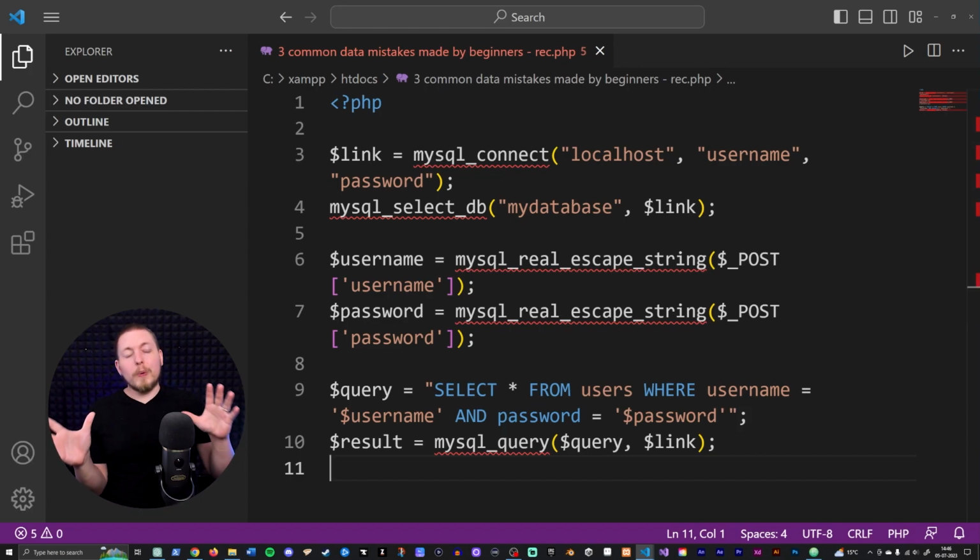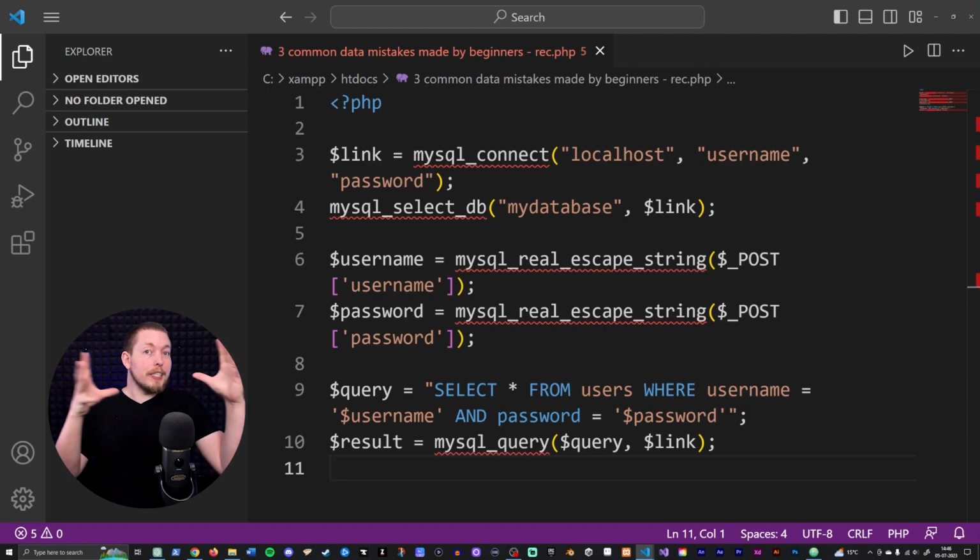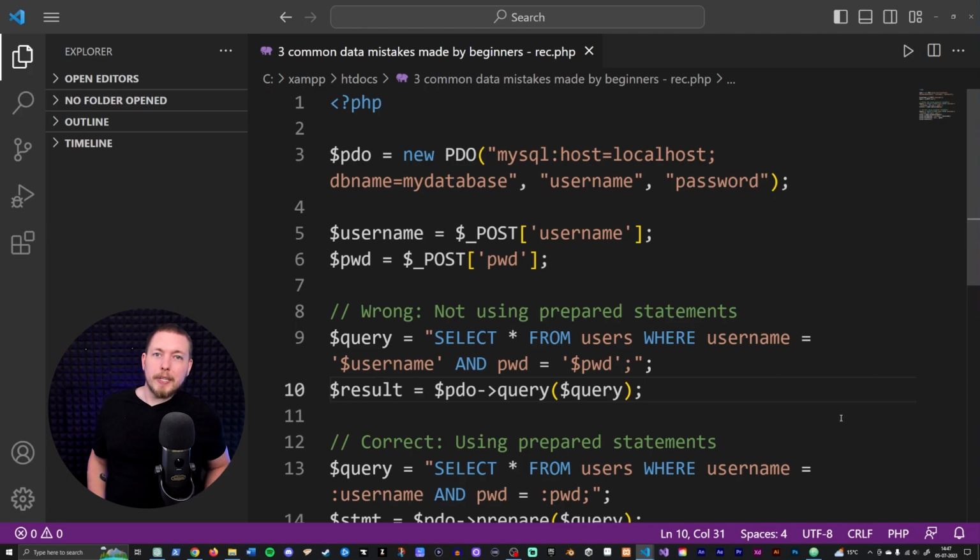So therefore, you should always be using MySQLi, which stands for MySQL improved, functions inside your PHP code, or you should be using PDO in order to connect to a database and doing things with a database anytime you need to interact with it. And speaking about databases, let's talk a bit about using prepared statements and not using prepared statements,